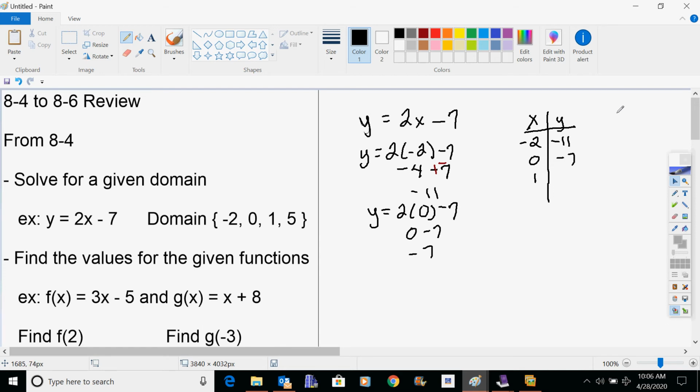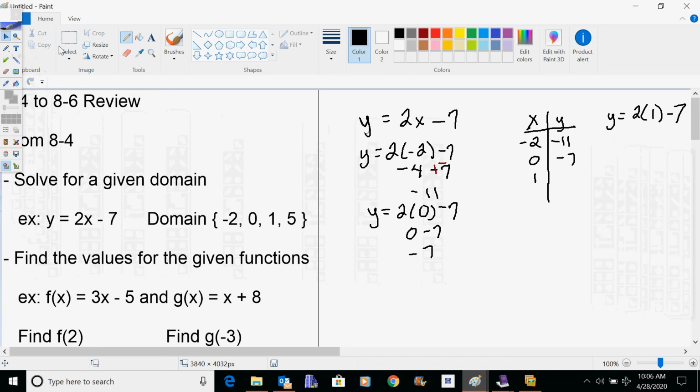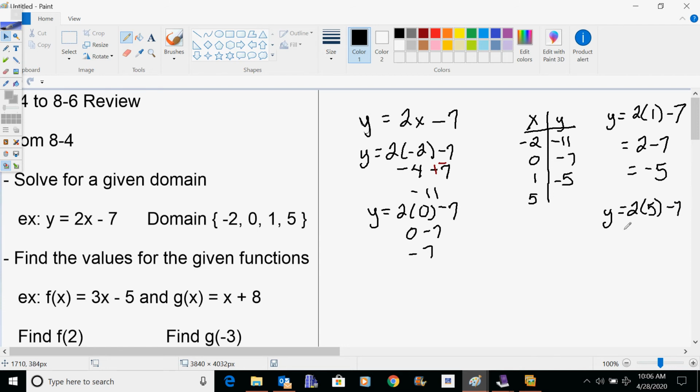And we're trying to take y equals 2 times 1 minus 7, which gives you 2 minus 7, which would give you negative 5. And then finally your last one, 5, would give you 2 times 5 minus 7, 10 minus 7,